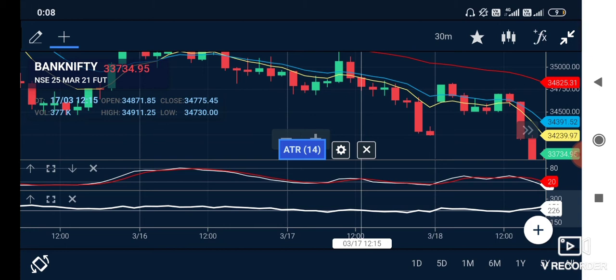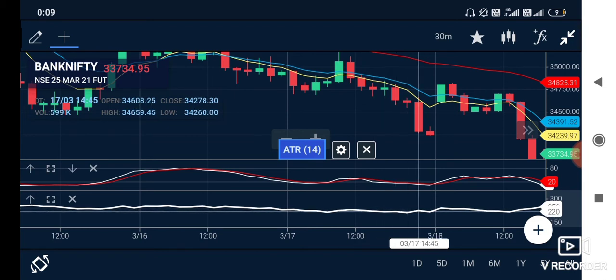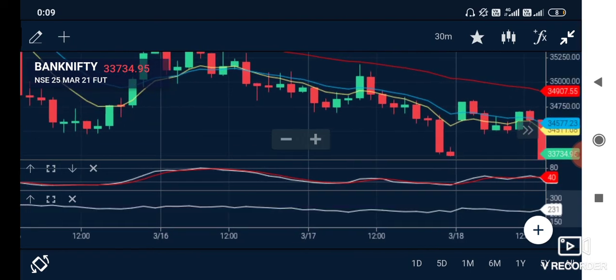So we are looking for 34,575 as a target, and if you want to keep a stop loss, it's going to be at 34,975. Again, there is no buying which has come up, and we have easily hit our target right here or maybe over here. So it's 3 positives and 1 stop loss hit for this strategy till now. Let's see further and understand what we have.